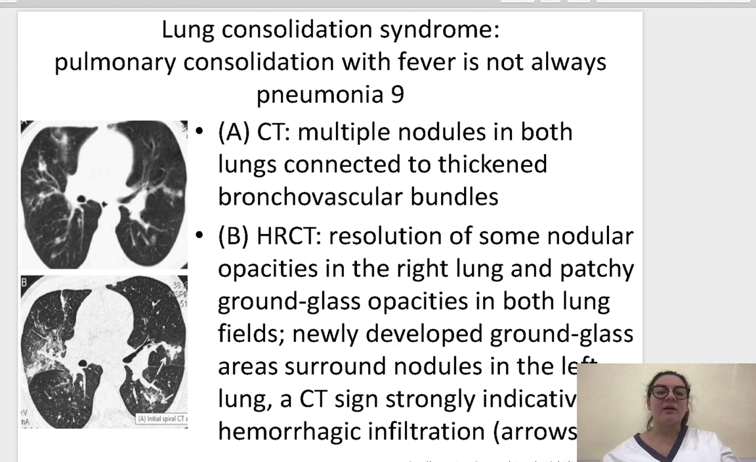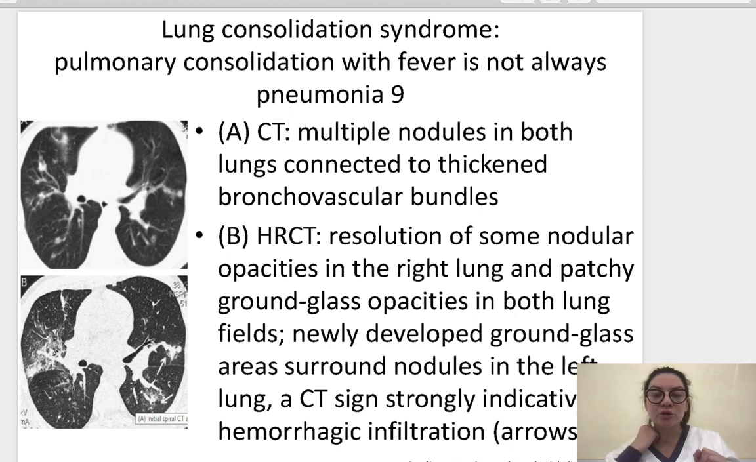Here, in picture A, on CT, there are multiple nodules in both lungs connected to thickened bronchovascular bundles. Yes, the bundles are thickened. We see some white consolidated structures that are connected by lines with the thickened bronchovascular bundles. And on HRCT,